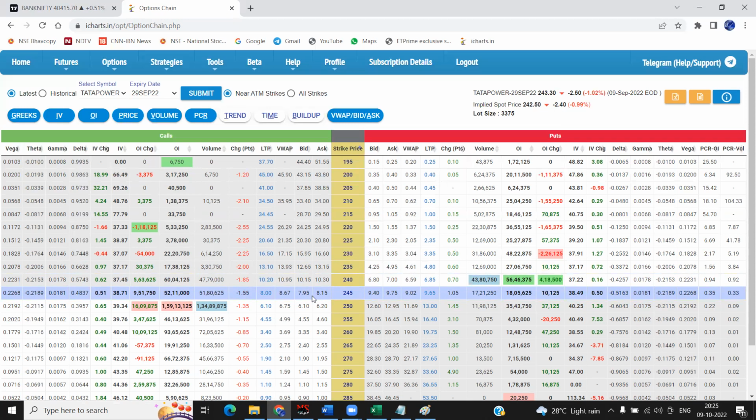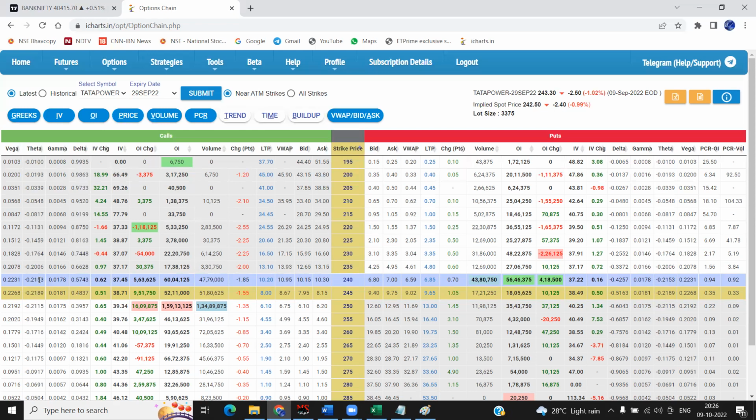The other one is a complicated one. What's the delta here? 0.57. That means if the stock moves down by 1 rupee, my option price will reduce by 57 paisa. Because of gamma there is an effect of about 17 paisa, and theta effect certainly there will be some 20 paisa odd. So that means about 80 paisa per rupee.